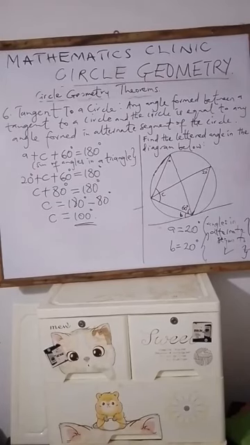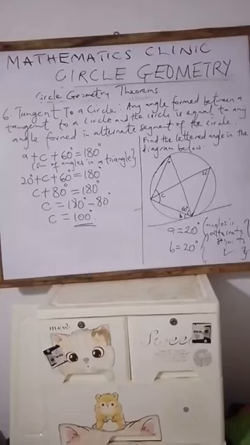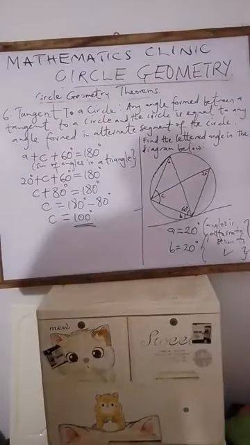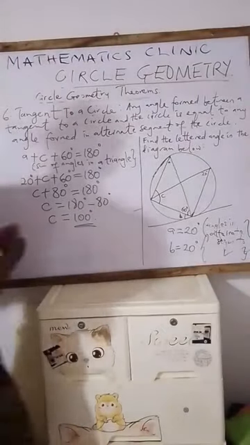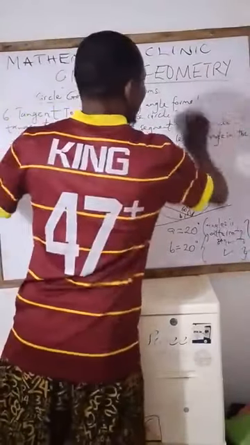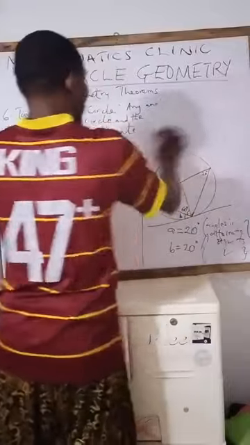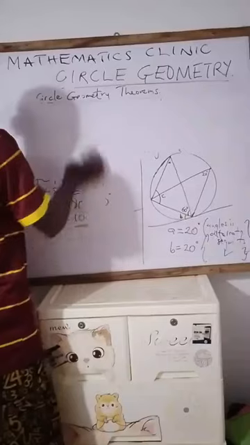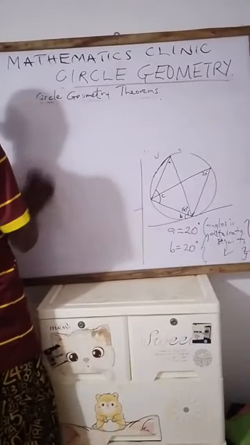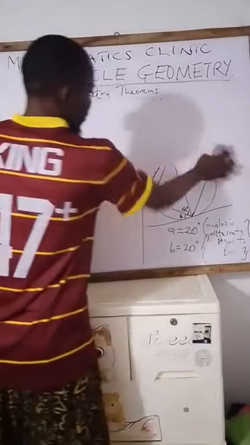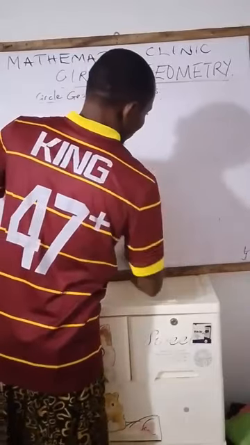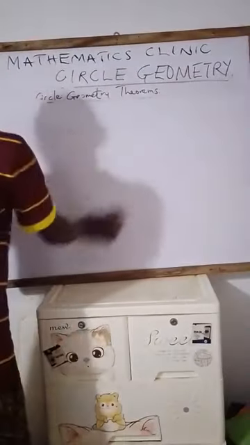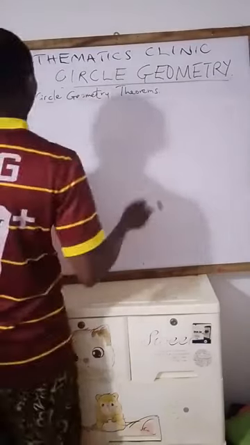That is theorem number 6. And to cap it for today, we'll be going for the last theorem of the circle geometry of the 7 theorems we talked about. Moving on, theorem number 7, which is the last of the circle theorems for today. Theorem number 7 is simply saying